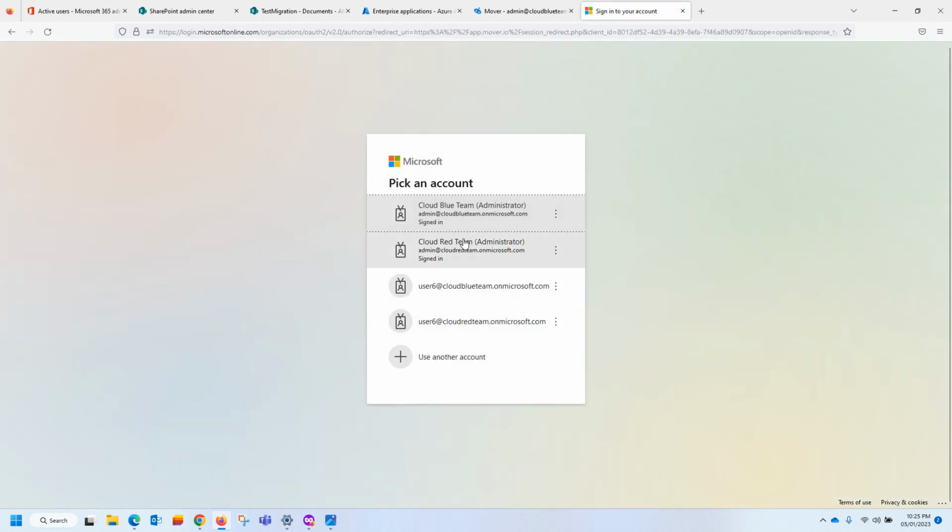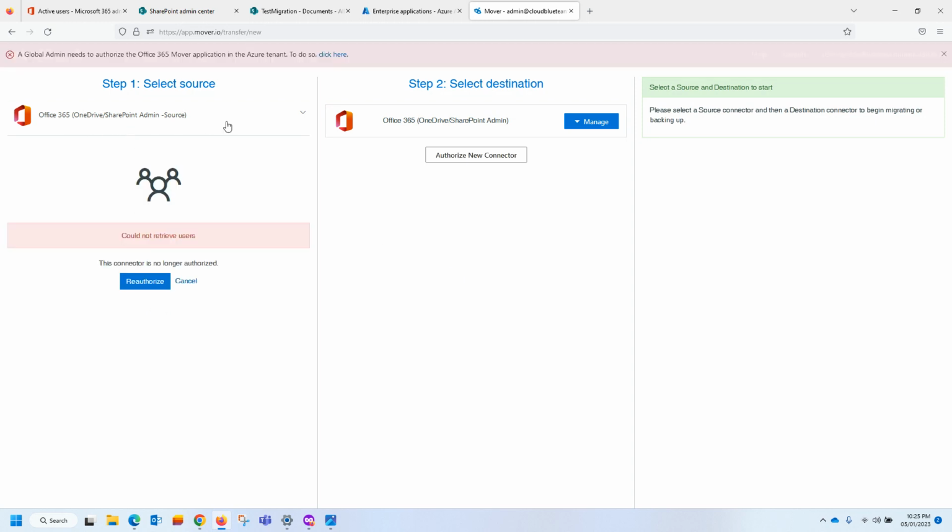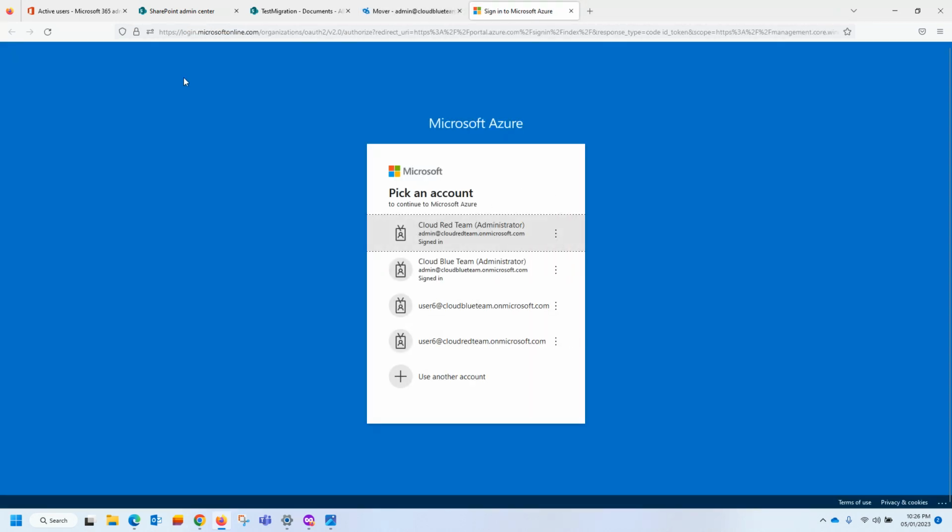Once you click on authorize, it will take its own sweet time, and then you'll have to authenticate. Okay, so now the application is getting created. Now if you see, a global admin needs to be authorized in Office to remove an application in your Azure tenant. So to do so, click here. We'll click here, and then you can close the other one. So we were in the source tenant view, connecting the source tenant once again. So click here,